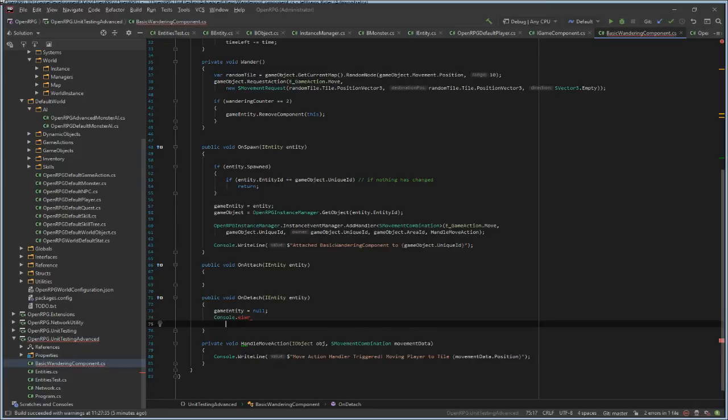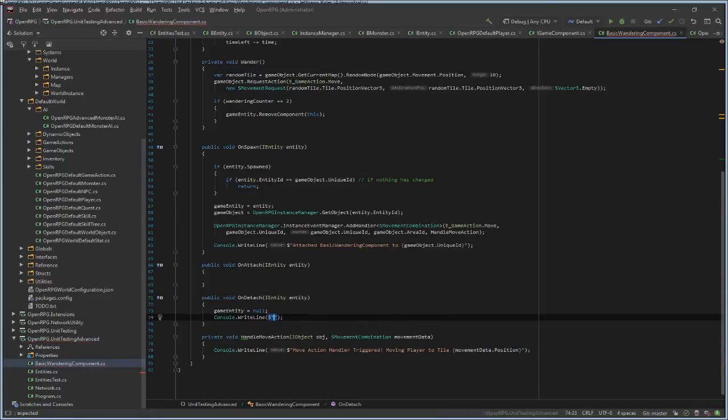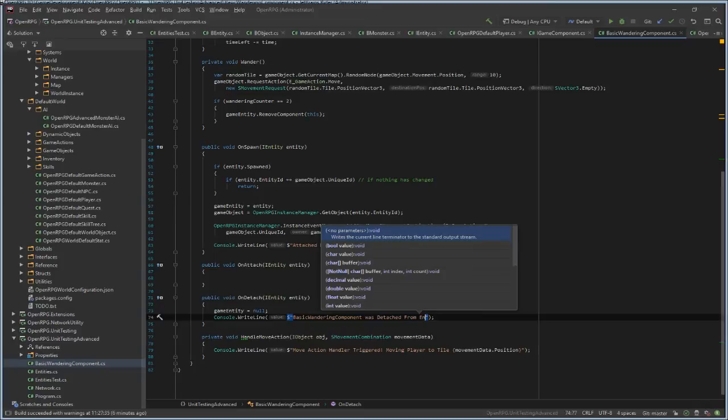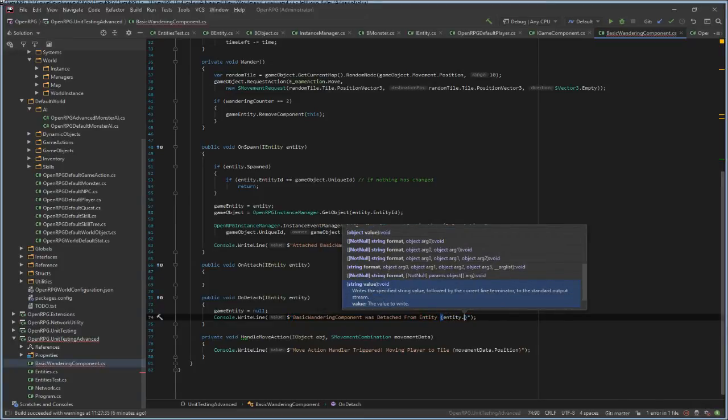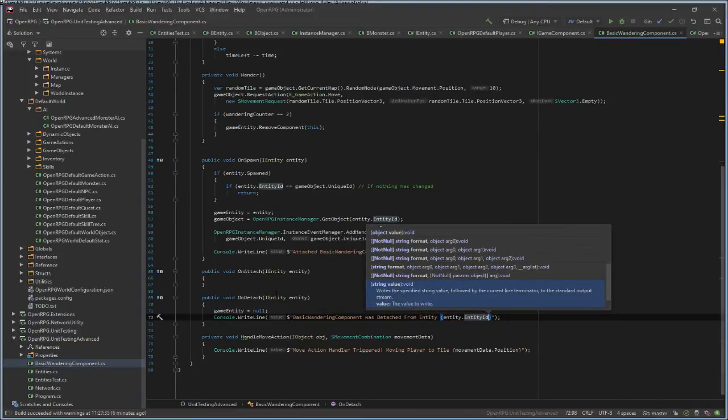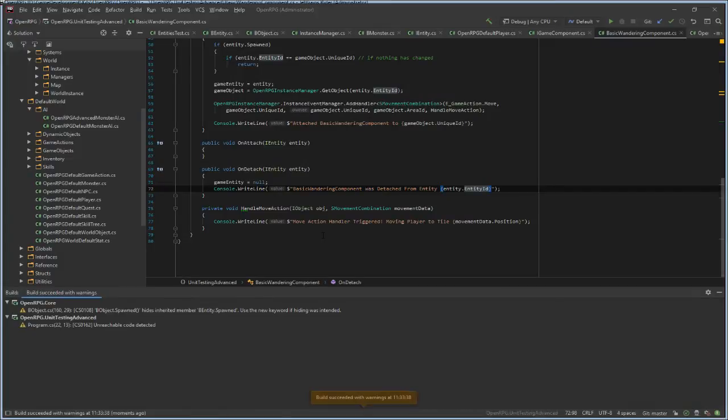We will have to make some debugging text. Component, basic wandering component was detached from entity ID. Let's see if that works.